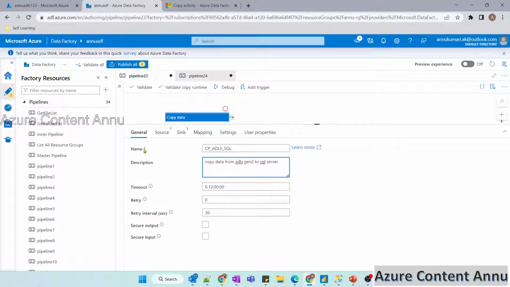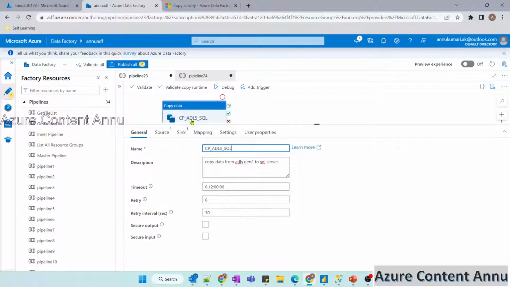As you can see, this name has a star mark, which means it is mandatory. And other than that, all these things are optional, and there are default values also assigned to these parameters. So this timeout option tells us the maximum amount of time this copy activity is going to run. Earlier this timeout was 7 days. Now the ADF team has reduced it to 12 hours.